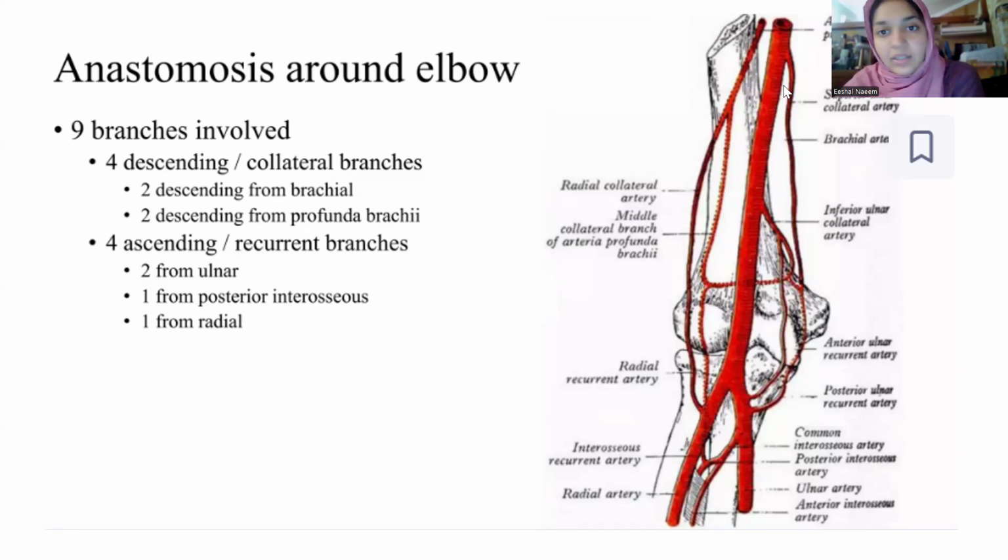Now, this is the lateral epicondyle story. Let's go to the medial epicondyle. From the medial epicondyle, we see that the main brachial artery gives us a superior ulnar collateral artery and an inferior ulnar collateral artery. From behind the medial epicondyle, the superior ulnar collateral artery anastomoses with the posterior ulnar recurrent artery, and the inferior ulnar collateral artery anastomoses with the anterior ulnar recurrent artery. Okay? I really hope that was clear.